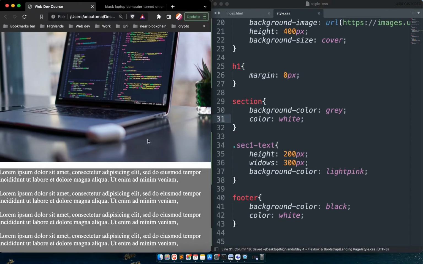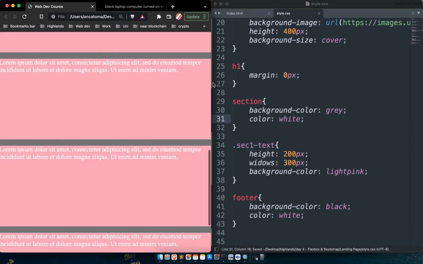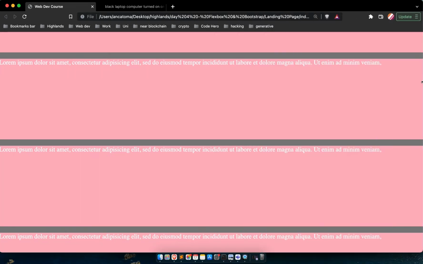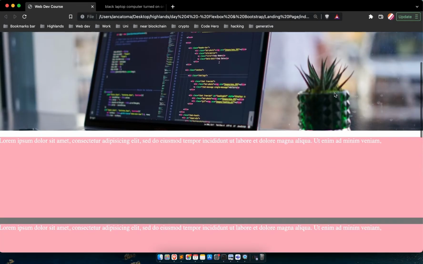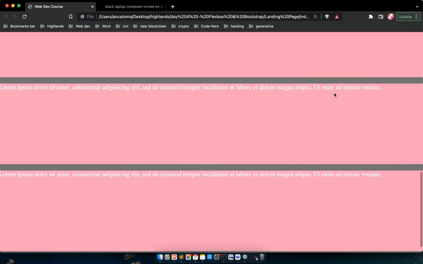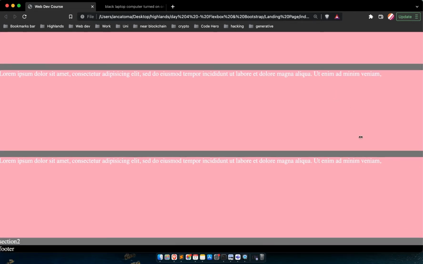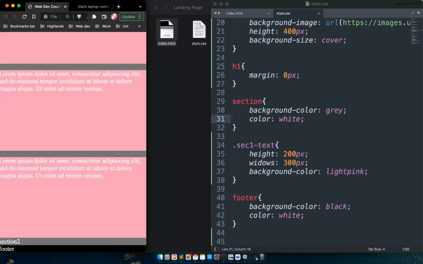If I save this and refresh, you can see that I now have some cards over here. They seem like they're not ending properly, so